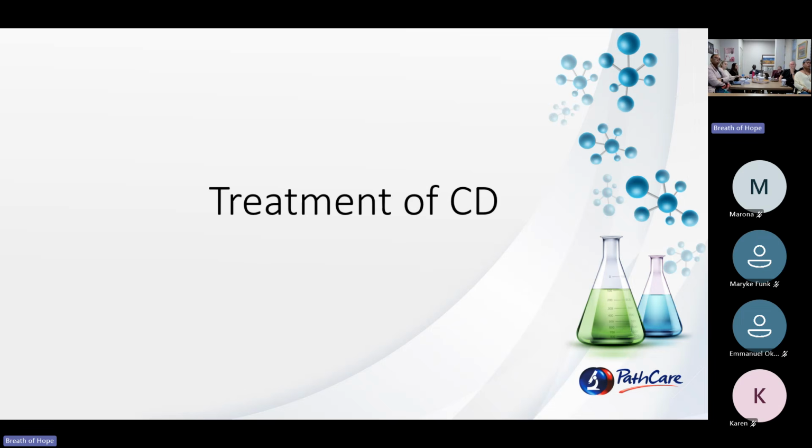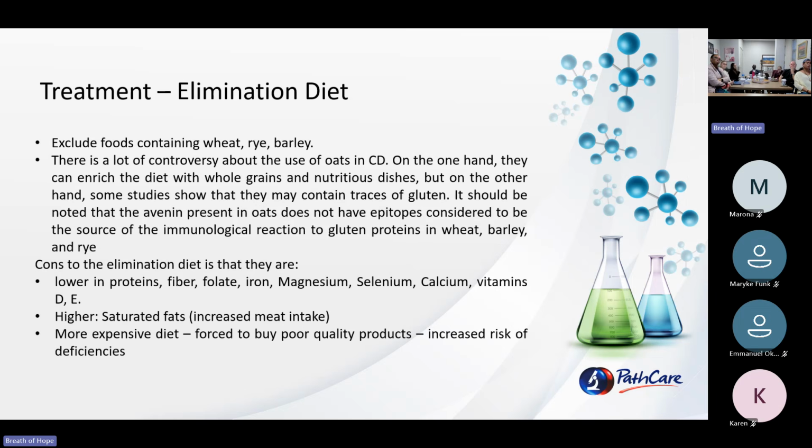So the treatment of celiac disease at the moment, the only known treatment is the elimination diet. So just to exclude foods containing wheat, rye, and barley. And then, as just touched on before, controversy about the use of oats. They can enrich the diet with whole grains and nutrients, but on the other hand, some studies show that they contain traces of gluten. However, mostly patients do tolerate it well, and technically, according to the amino acid sequences found in their protein components, it should not cause any pathological